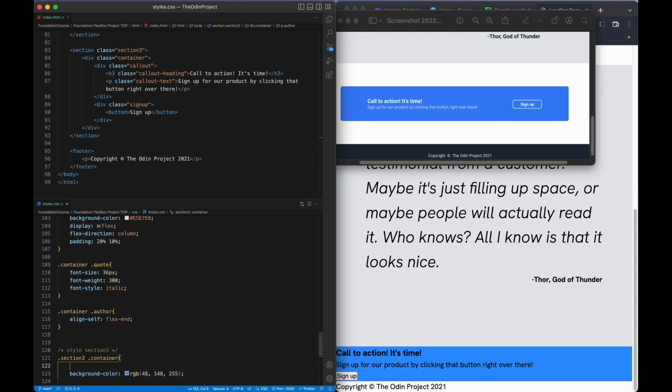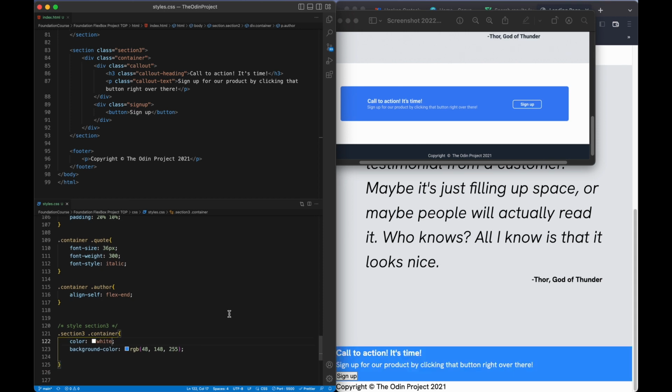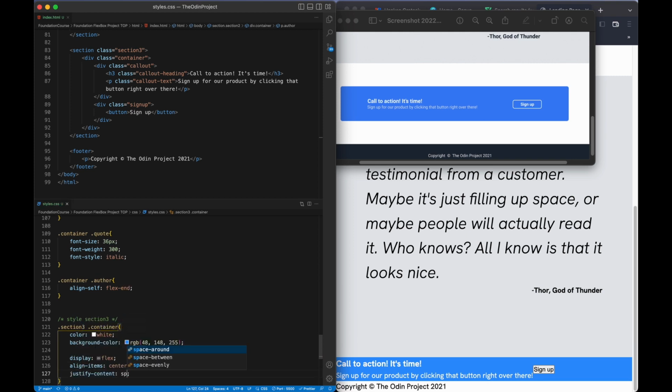So first of all, I'll just do the font color white, and inside the container, I want the container to be display flex. Yep. And I'll do align-items center, and I'll do justify-content space-between,